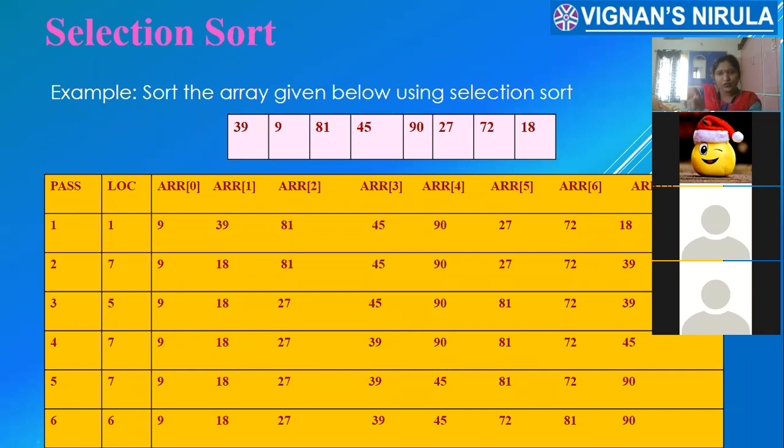The position location is 0. Next you need to compare the rest of the elements with the smallest element. If it is less than the smallest, you need to change the smallest to that element, and the index has also been changed. You need to compare with the next one. What is the next element? 9. Is 9 less than the smallest or not? Yes, ma'am. Now the smallest becomes 9 and the location becomes 1. Is it okay? Yes, ma'am.